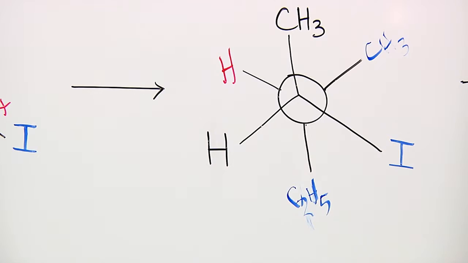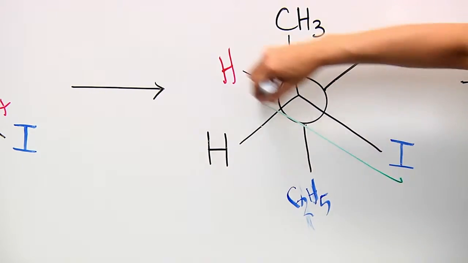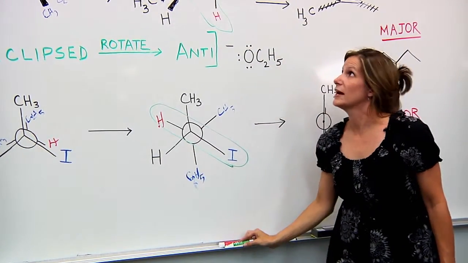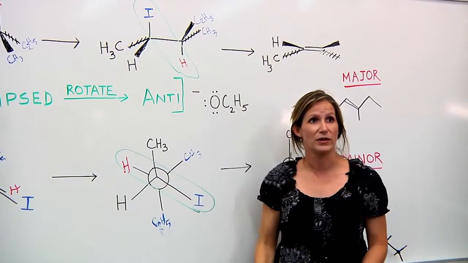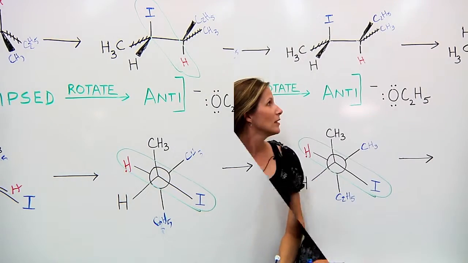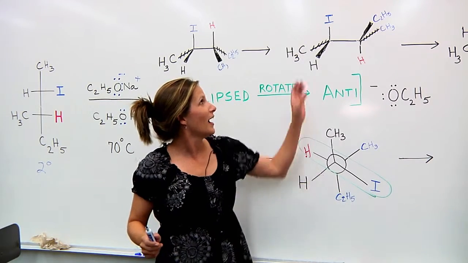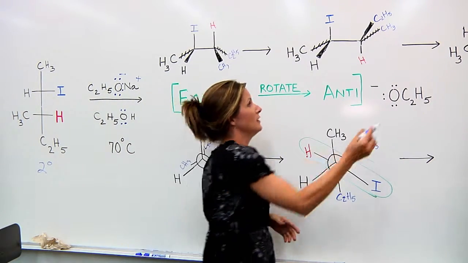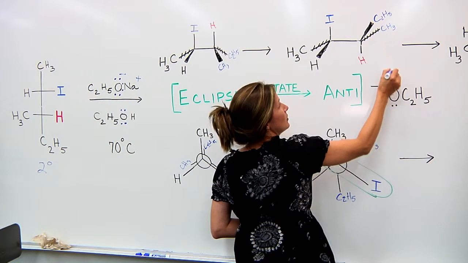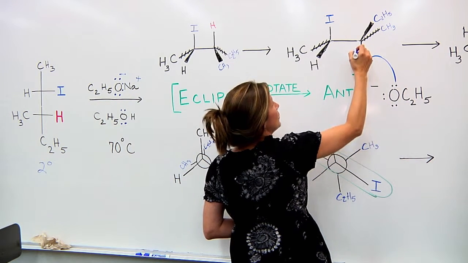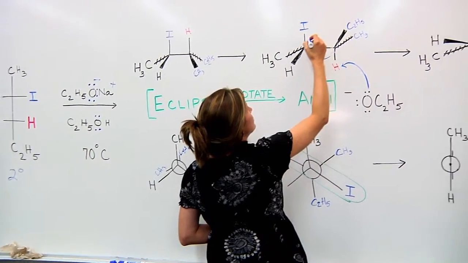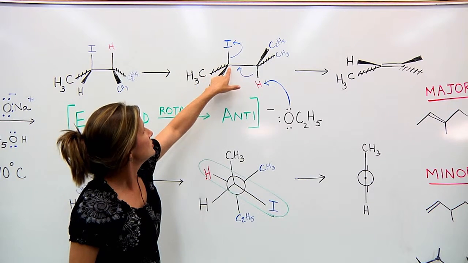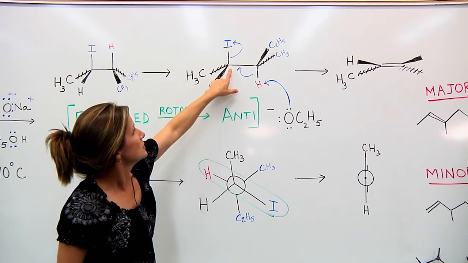Now with these being in the anti-position, now it's ready for the reaction to proceed, and the base can abstract the hydrogen as the iodide leaves, creating the double bond. And we can take a look at this reaction further. Okay, now that the iodide and hydrogen are in an anti-formation, now we can go ahead and work the reaction. The electrons from the base come up here and abstract the hydrogen. We can go ahead and follow the electron flow throughout the reaction. Iodide leaves, causing double bond formation to occur between these two carbons here.